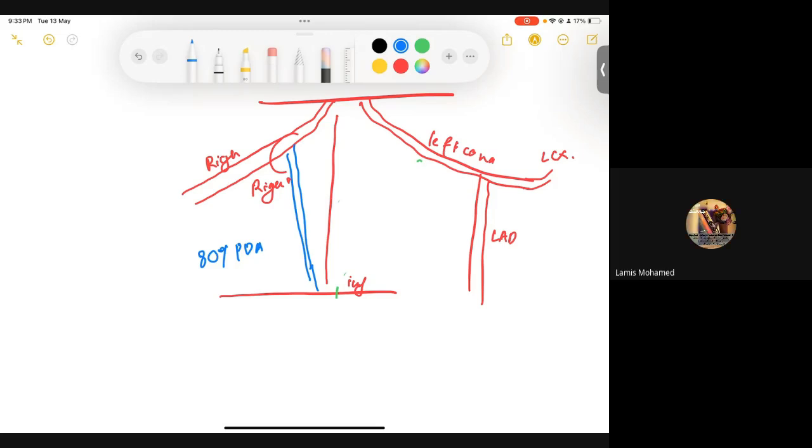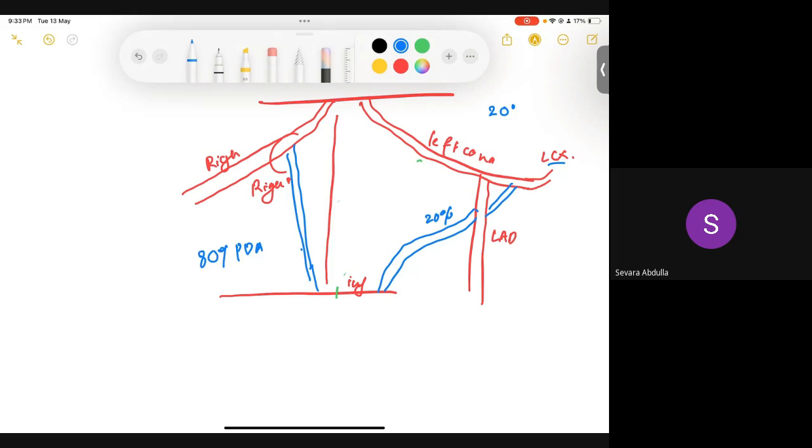But in the remaining 20% of individuals, the PDA arises from your left coronary artery, but specifically which branch of left coronary artery? Left circumflex. It is one of your UWorld MCQs. They're going to ask you this, okay? Specifically left circumflex. In 20% of individuals, it would come from the left circumflex artery,